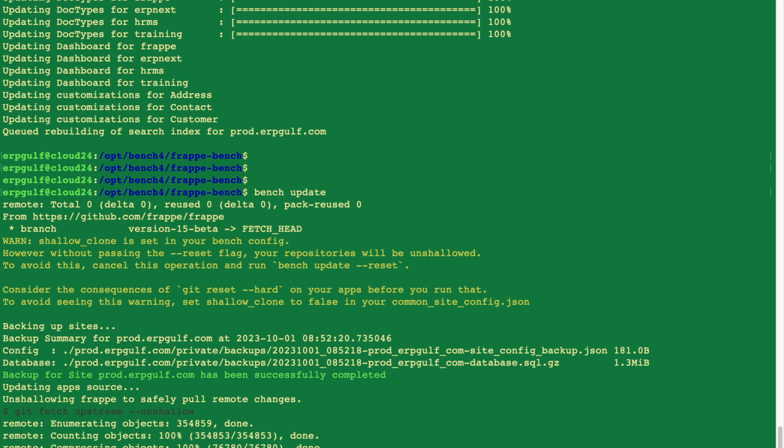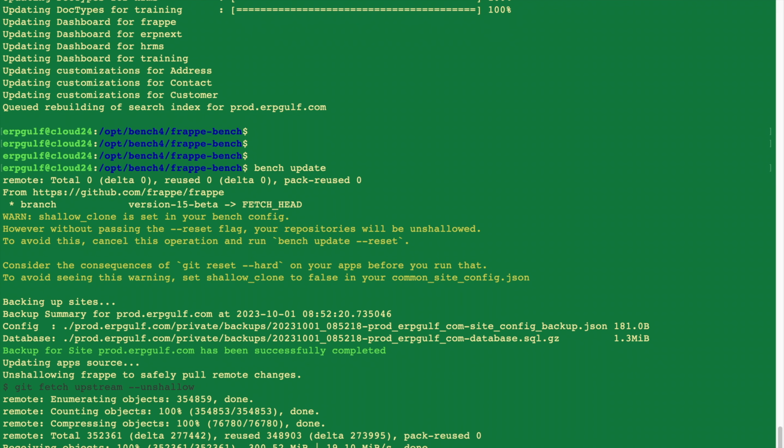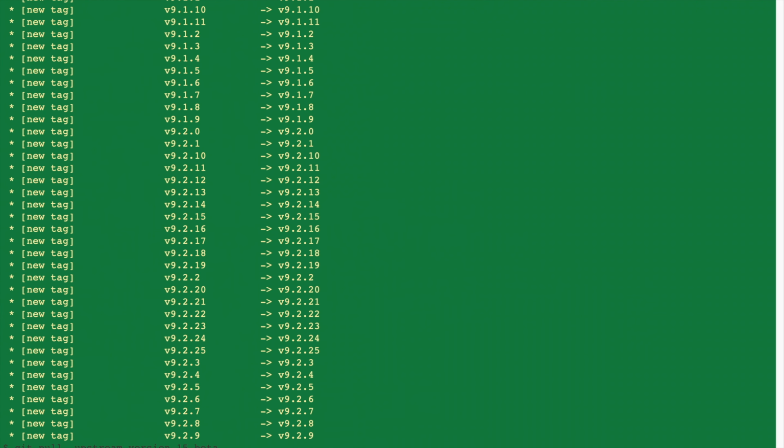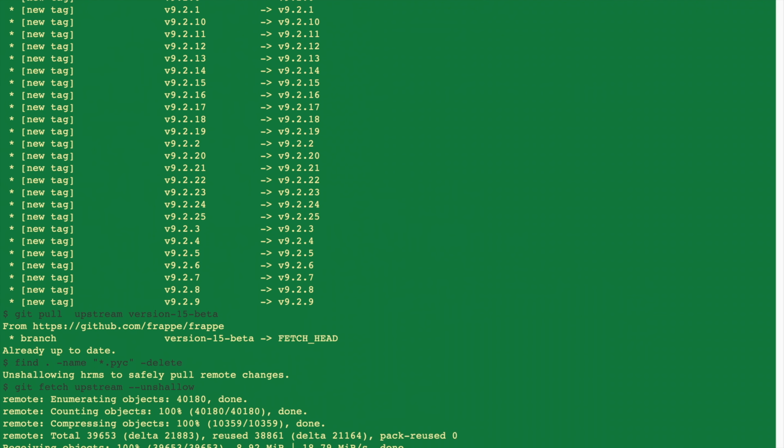By the way, it's on the production, and I'm doing the update instead of pulling and migrate. Bench update is basically doing the same. It's pulling the latest code from git and migrating. So here we are doing update. All the previous stuff we have done is pull and this. Okay, so now